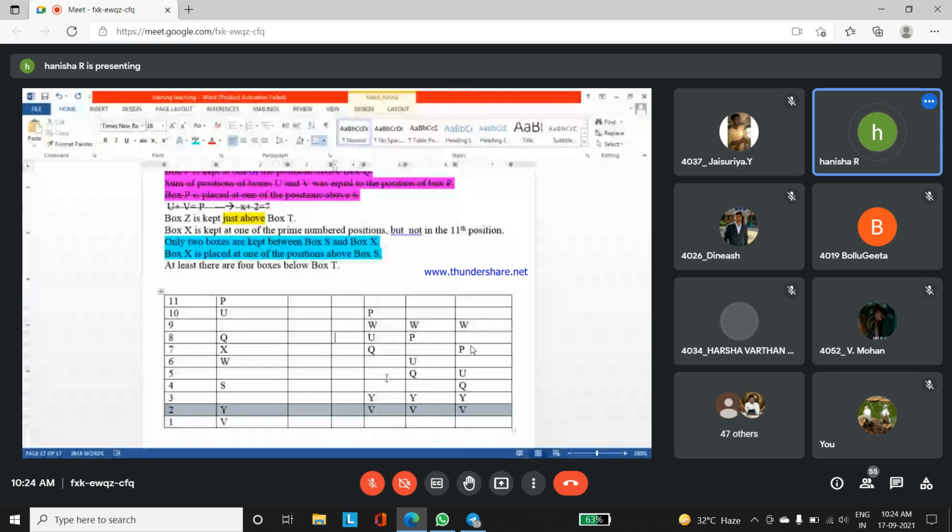In the fifth position, if you mark X, then leaving two positions you can't mark Y because you have V. So this possibility can be eliminated. Here you can have X at the seventh position. You have the provision for Y over here. I have the possibility of marking X nowhere because 7 is also filled. So this possibility will also be eliminated. Okay, so considering these two cases,